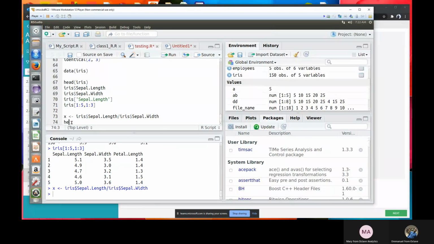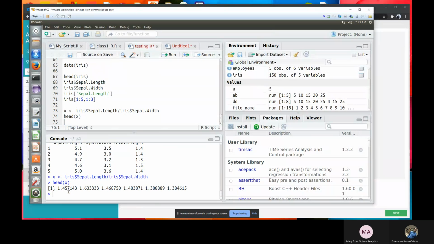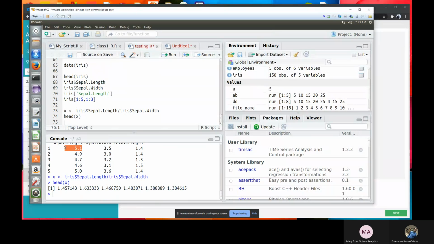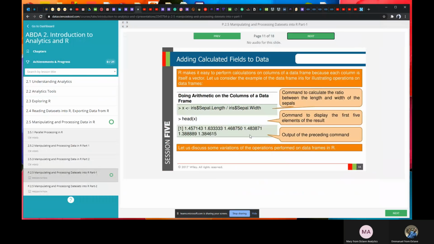If you want to see the first elements, I can say head of x. So these are the first 6 values here. What we have is this divided by this gives me this, this divided by this gives me this, and so on and so forth. So that explains this concept.